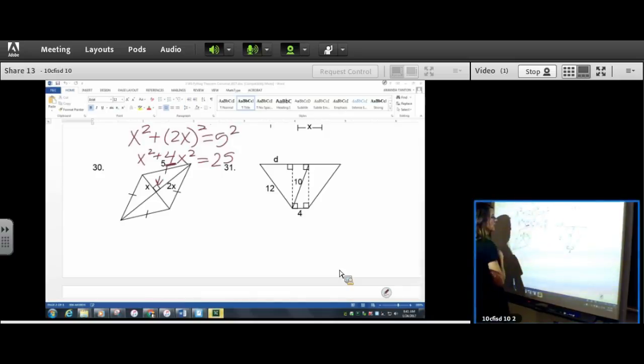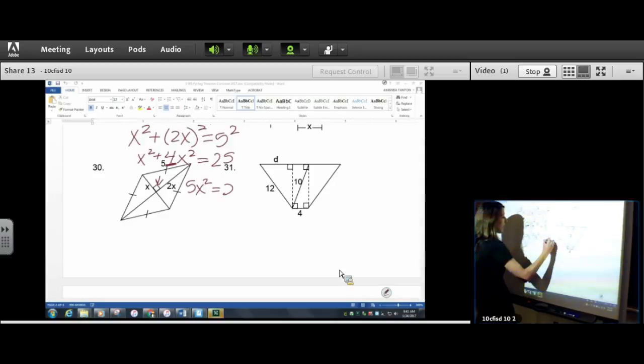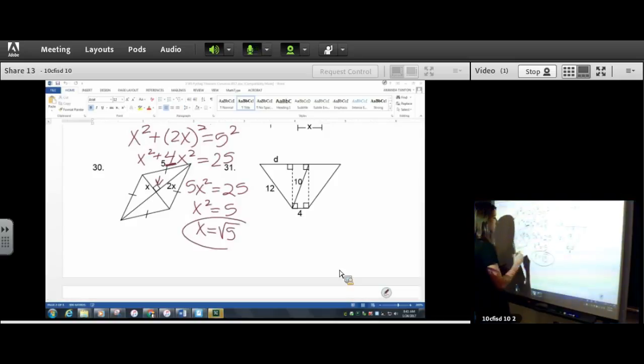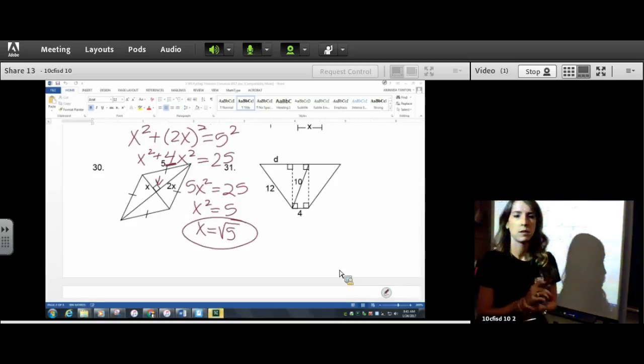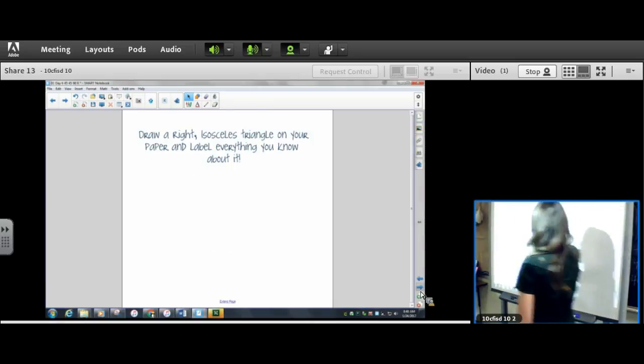That was really important. 1x squared plus 4x squared is 5x squared equals 25. X squared equals 5. X equals plus or minus the square root of 5, but we don't have negative sides. Cool here? So draw a right, I didn't say